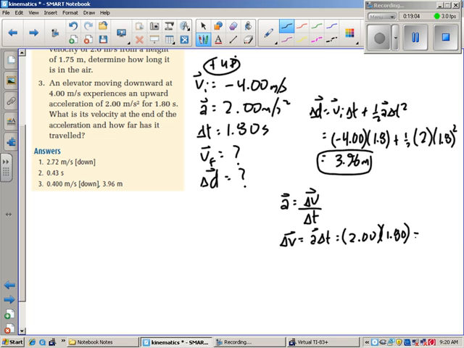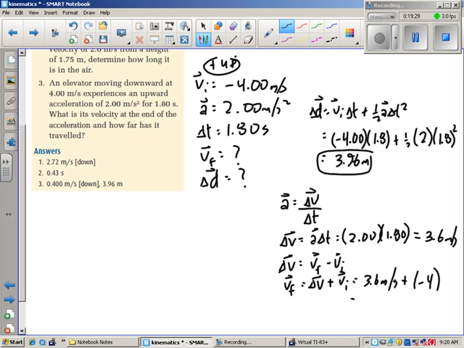That's going to give me a change in velocity of 3.6 meters per second. But delta V, that's not what we're looking for. Delta V is equal to VF minus VI. VF is equal to delta V plus VI. It's 3.6 meters per second plus negative 4.0, which gives me